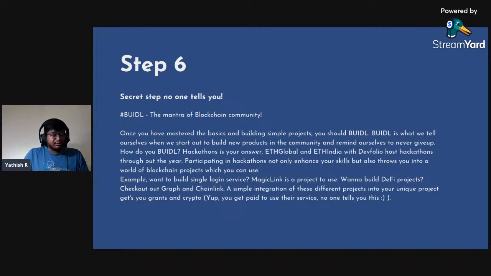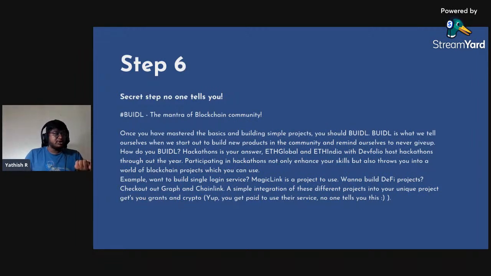once you've started learning blockchain, once you've finished certain projects, like the simple projects, I don't want you guys to do huge projects, but simple projects you do, get on hackathons. So Devfolio, with ETHGlobal and ETHIndia, always do these year-round hackathons where there are multiple projects, let's say Ceramic or Textile, or there are decentralized databases that are coming in. So these guys sponsor these ETHGlobal and ETHIndia hackathons, where